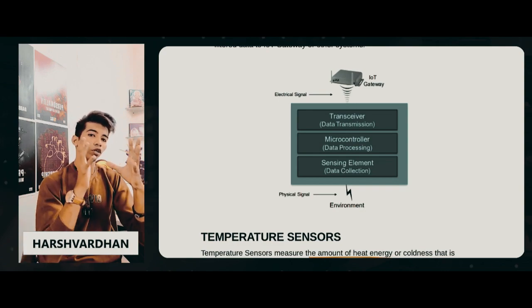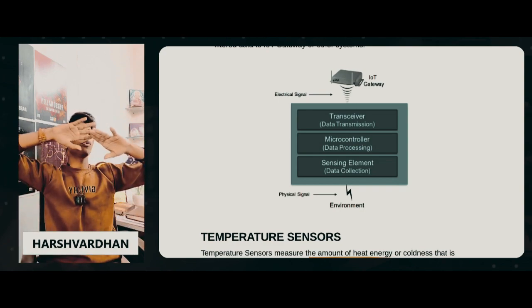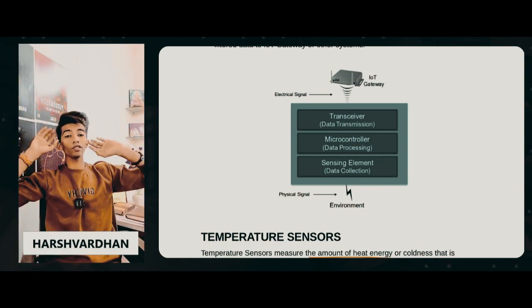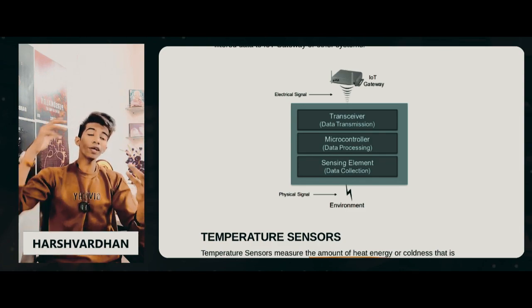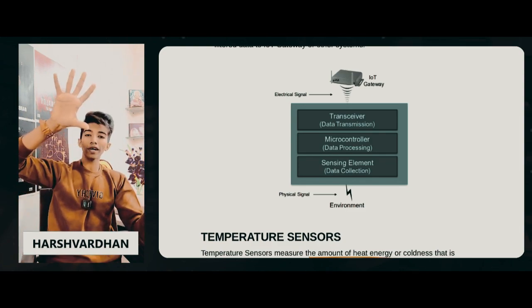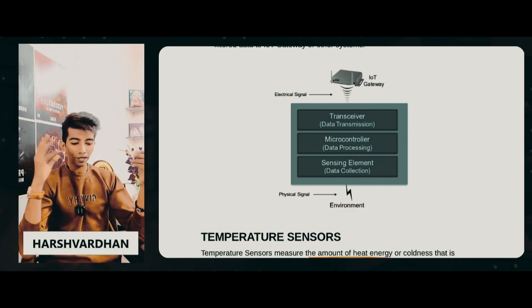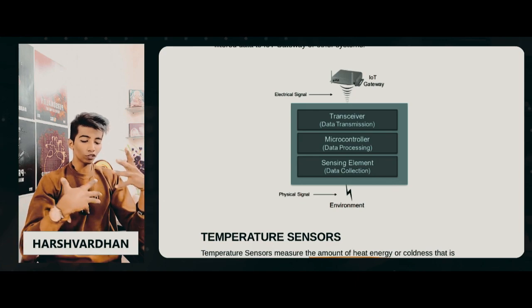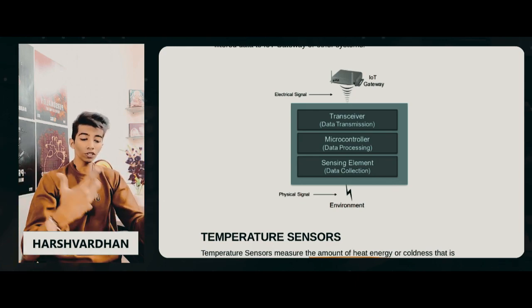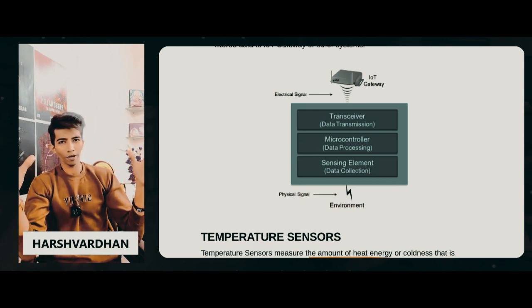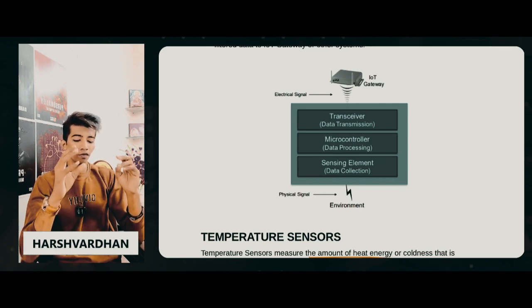From there, the data is going to go to different kinds of cloud service providers. If you're using one CSP, then it will go to that CSP. From there, through the broadcast network, it will be flashed over to all kinds of dashboards by using the API. So the process goes like this: first the data collection takes place, then data processing, then data transmission. All of this happens in a very great way.